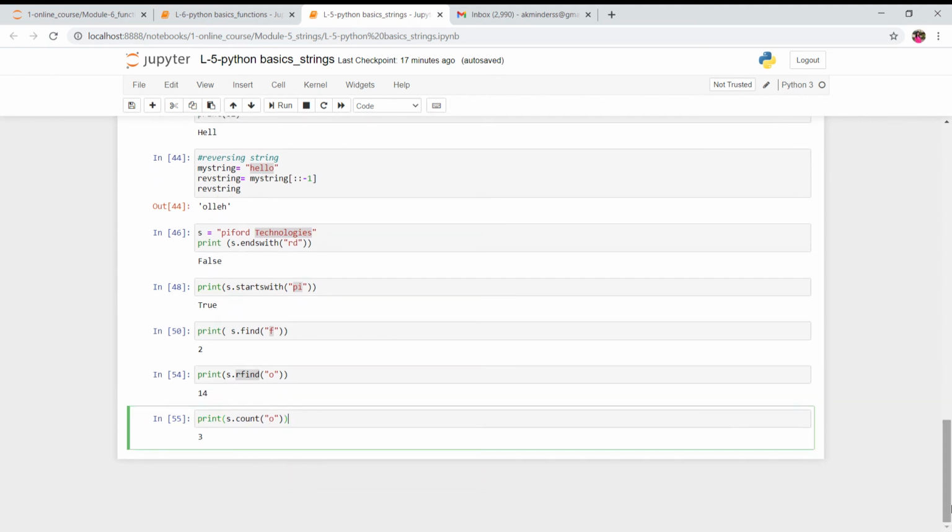So guys, this is all about strings. These are very basic functions, but they are very useful while working on data pre-processing. Maybe these functions look very simple right now, but they are really useful while performing data pre-processing and data cleaning. So go through them properly, try them properly. Okay, thank you.